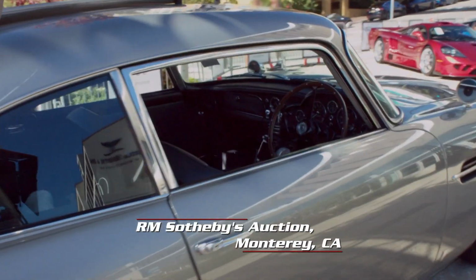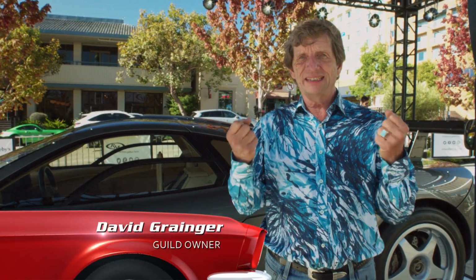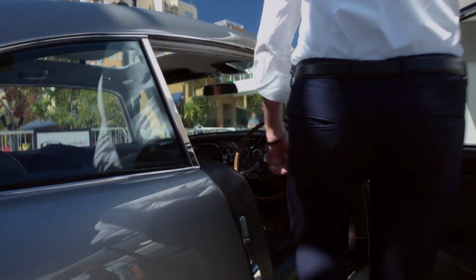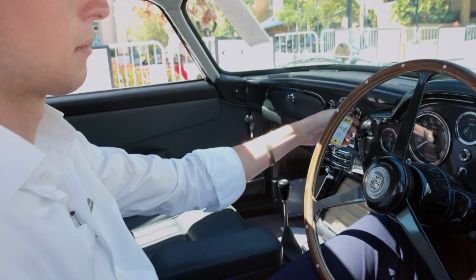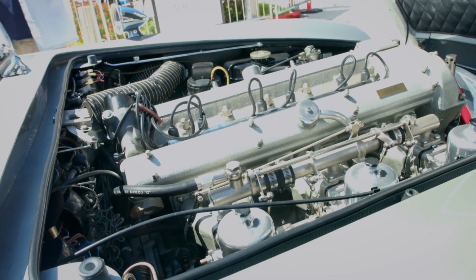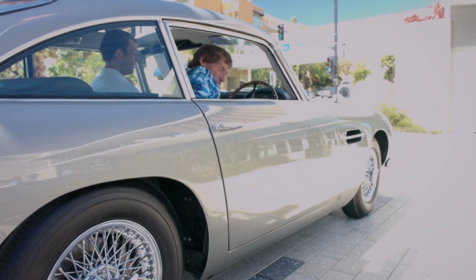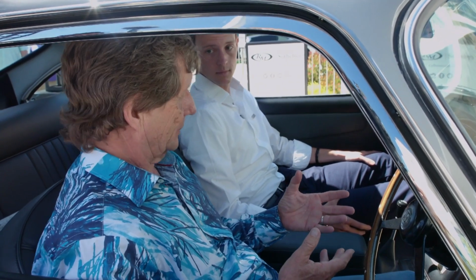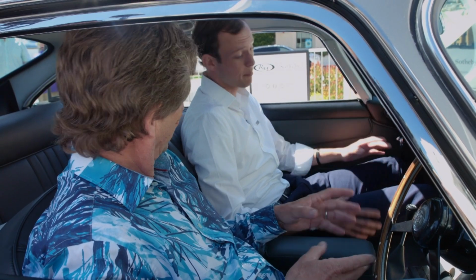The DB5, DB4's always been great favorites of mine, and one of the few cars that I've always felt I needed rather than wanted. Barney Ruprecht is a senior car specialist at RM Sotheby's. I can't believe that Barney is actually letting me sit in one of the James Bond cars. So what's the general history on this car? I mean, it is absolutely one of the original cars used in the...